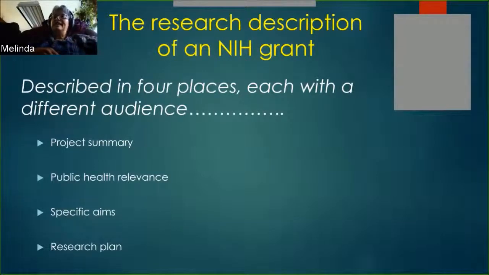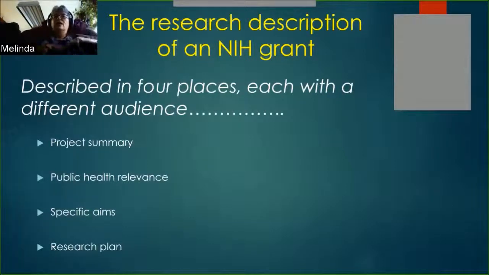And I think understanding that can help you write them. Because in some ways, it almost seems like they're asking you to repeat your application 4 different places in 4 different ways, saying 4 different things. And if you understand that these pieces aren't read by the same people, it makes more sense in the sense of